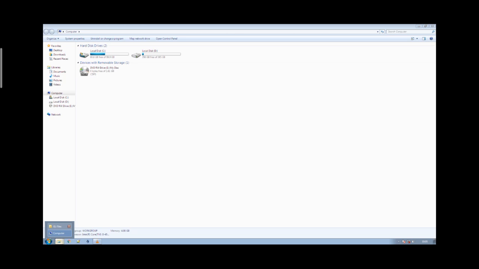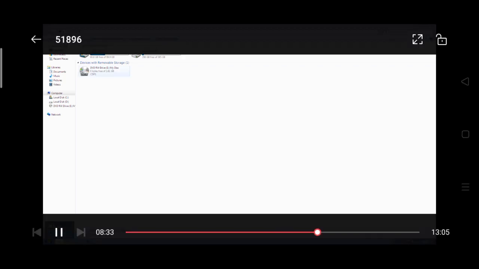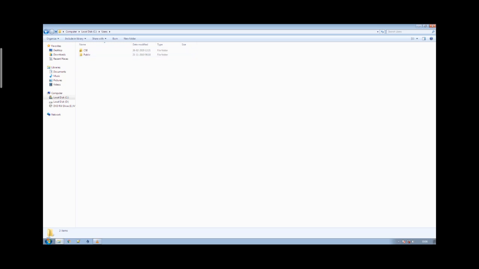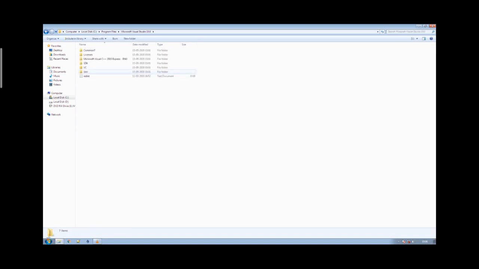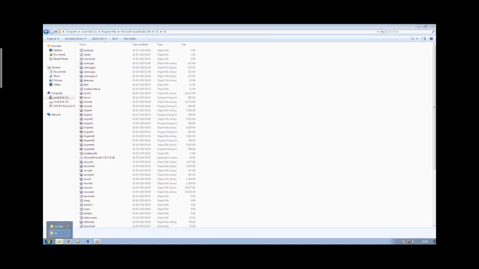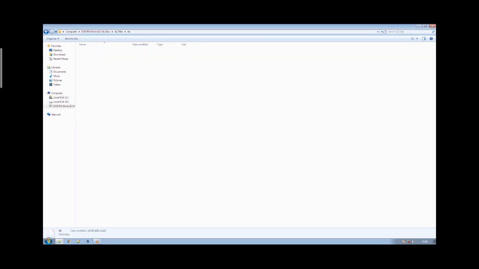Fine, here we go for the setup. So go to program files, check for Microsoft Visual 10.0. In that we see, just click on lib. Now keep this minimized.